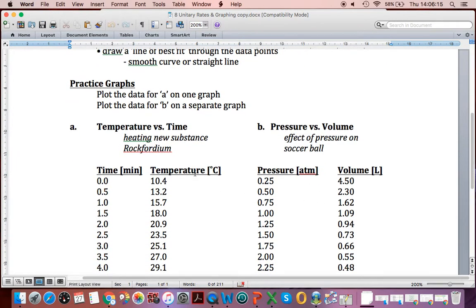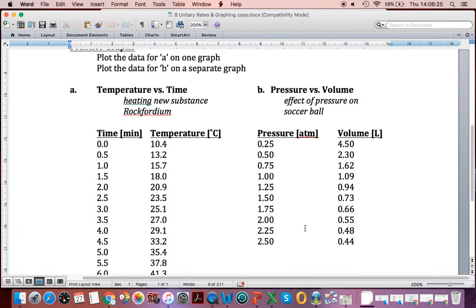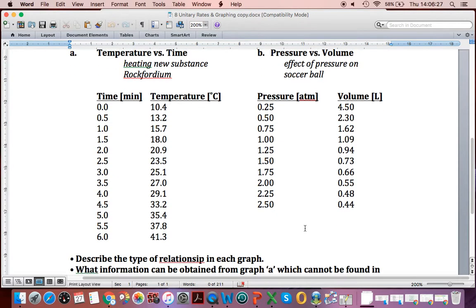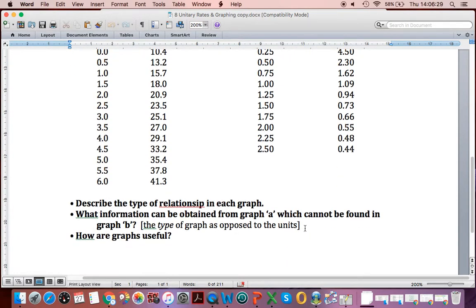So in the next video, we'll make a graph in which we plot the data for A, and then you can go and make a graph on your own and plot the data for B, and look at different types of relationships that we get from that. So after we've done that, and it helps if I learn how to spell relationship,